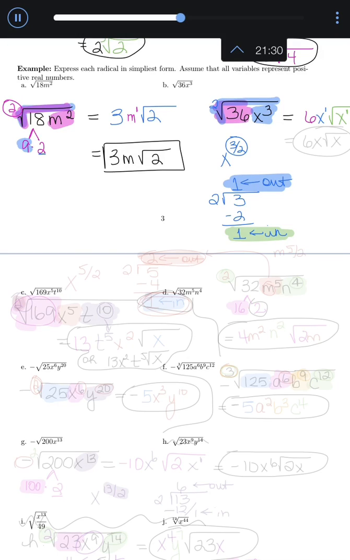So, remember, any x's to the first power, you don't need to write the first power, so I'll just rewrite this as 6x times the square root of x, and that is our final answer. So it's nice when things divide out evenly and can come out of the root all nice and simple, but that doesn't happen each and every time. Let's look at